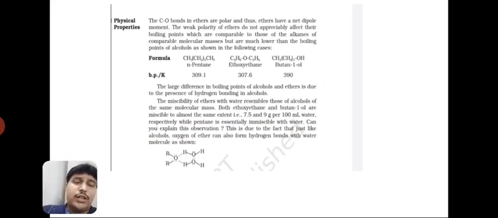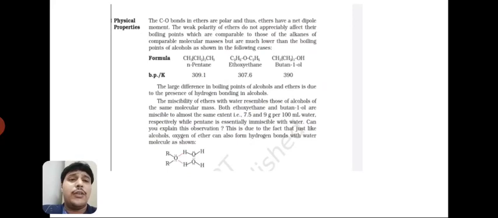So here we get a point: why the boiling point of ethers is greater than hydrocarbons, that is alkanes, and why it is lower than the boiling point of alcohol. The reason for the lower boiling point of ether than alcohol is that ether cannot form hydrogen bond like alcohol. So in this, the ether is due to the presence of